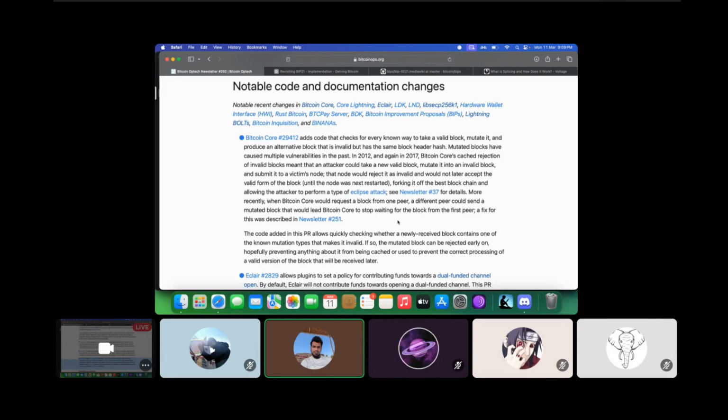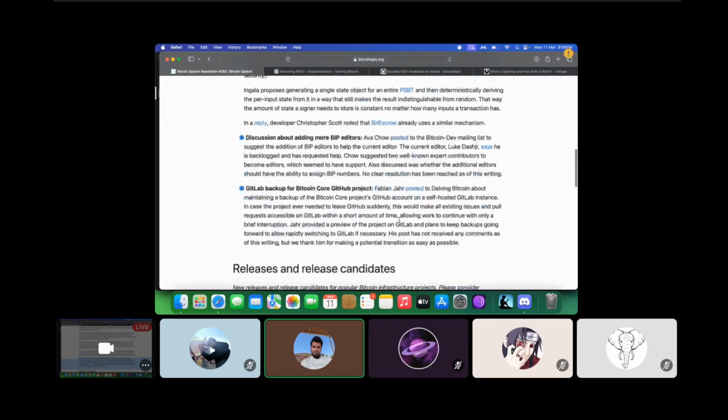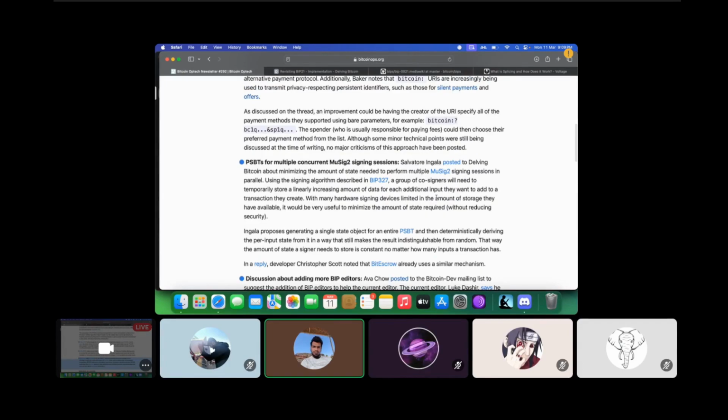And I think newsletter 37 will also direct you to a PDF written by Swat, which is very detailed if you want to go into how exactly this avenue could have been exploited. We missed this and we'll not be able to cover it, but if somebody is interested, then yes, you can go through it. It basically talks about MuSig2 and how MuSig2 involves multiple rounds of non-interactive signing